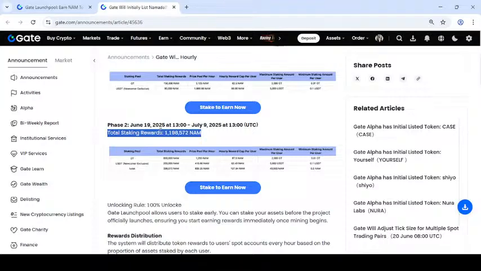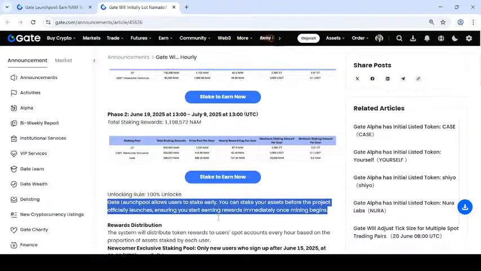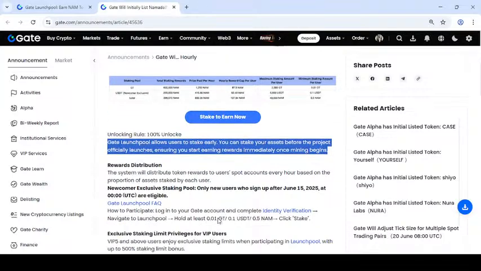Total stakings in tourist tickets and the facilities for most traders unlocking persons and officially launches are using these certain buildings earning your immediately once mining begins.